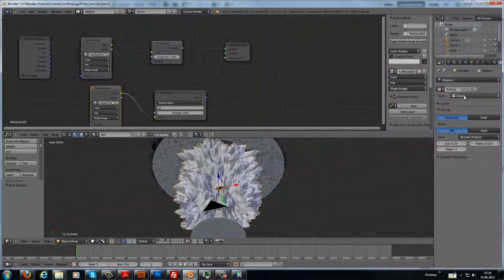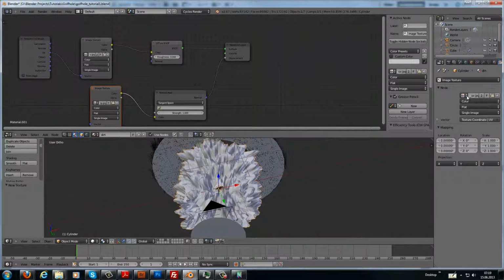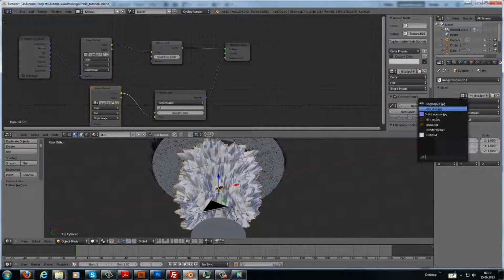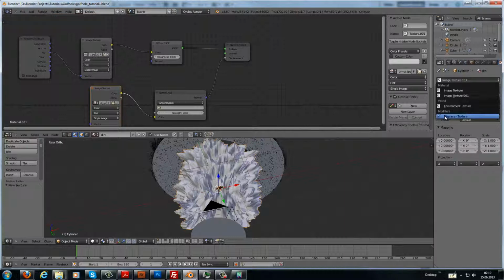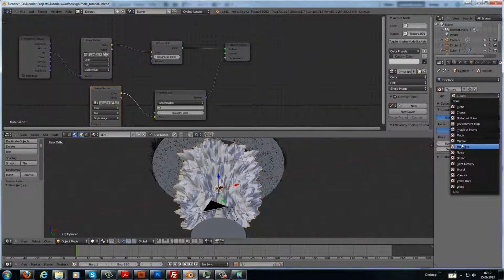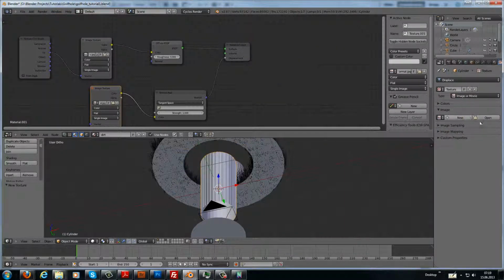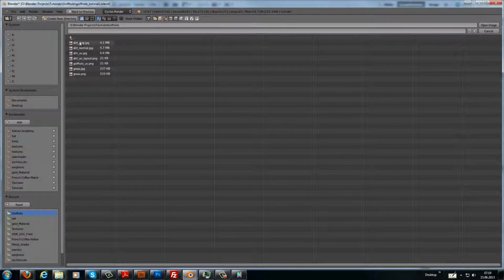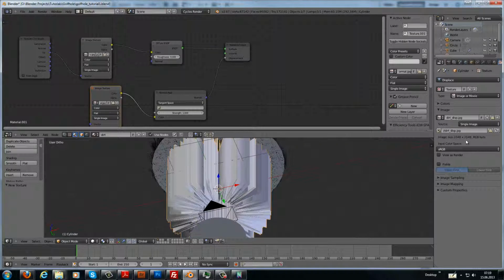This is what we need. The normal image texture, 01, the displacement. We need the normal here, and we need the displaced texture, and we need an image or movie. We open this and we choose our displacement, open image,